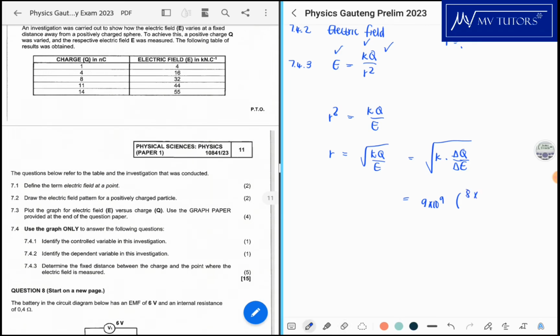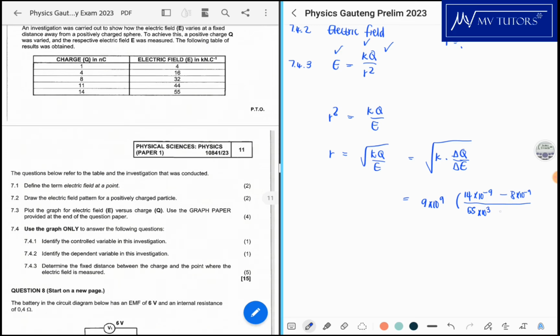8 times 10 to the power negative 9. Start with the last one. So 14 times 10 to the power negative 9 minus 8 times 10 to the negative 9. That's delta Q. And the respective E's that we have there, we have 55 times 10 to the 3